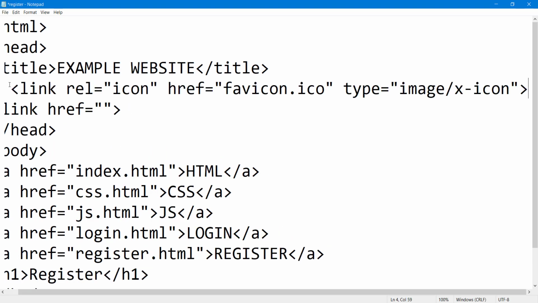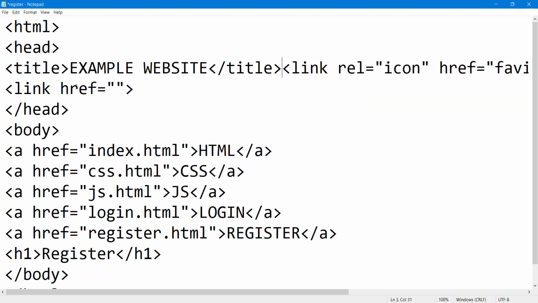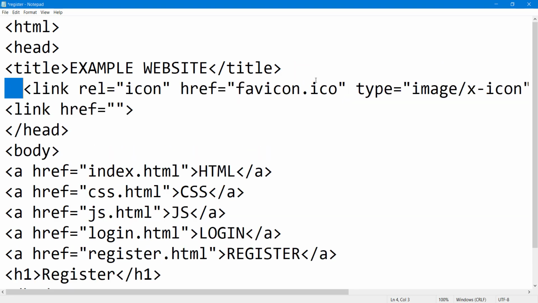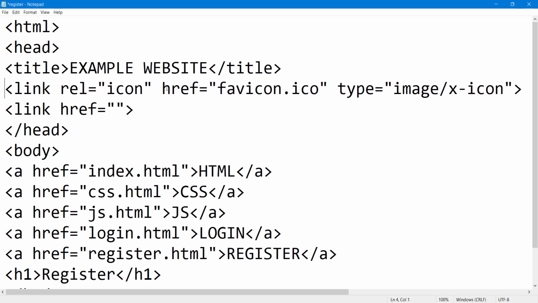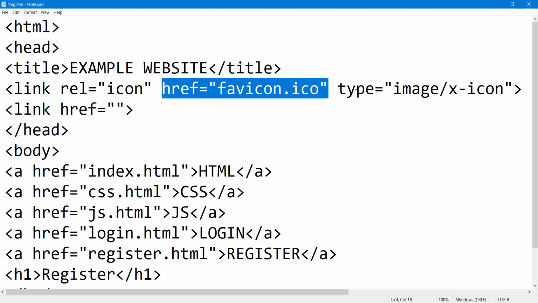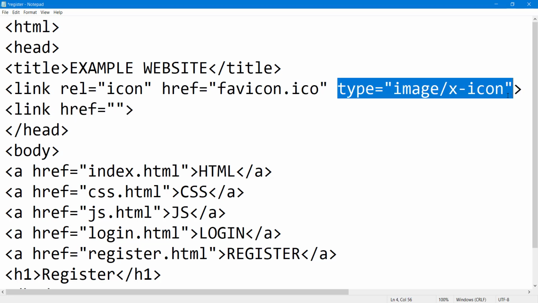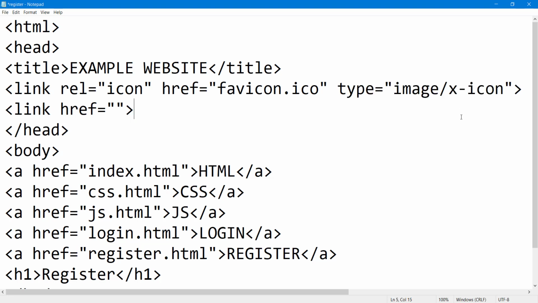So the link was as follows. We have a link, which is the keyword. We've got a rel, which gives us icon. We've got an href, which gives us the type of icon we want. We've got the type of link, which is image/x-icon. What this simply means is we want to be able to get an image or an icon, and then that becomes our reference point for